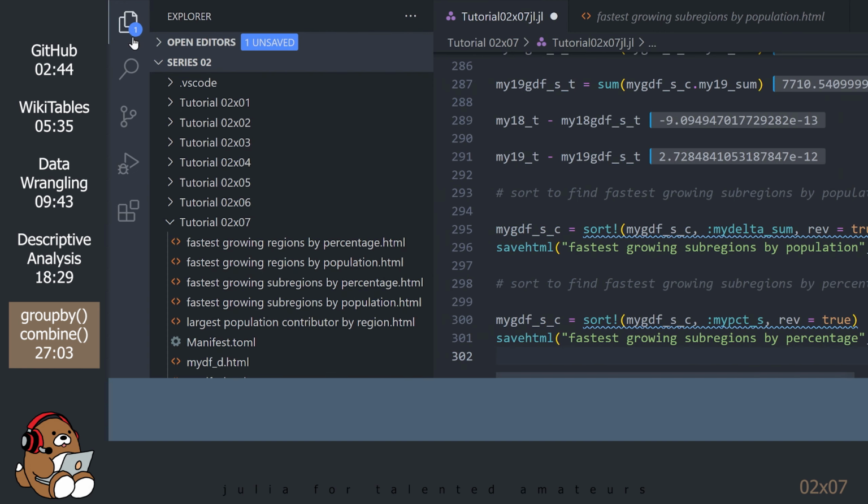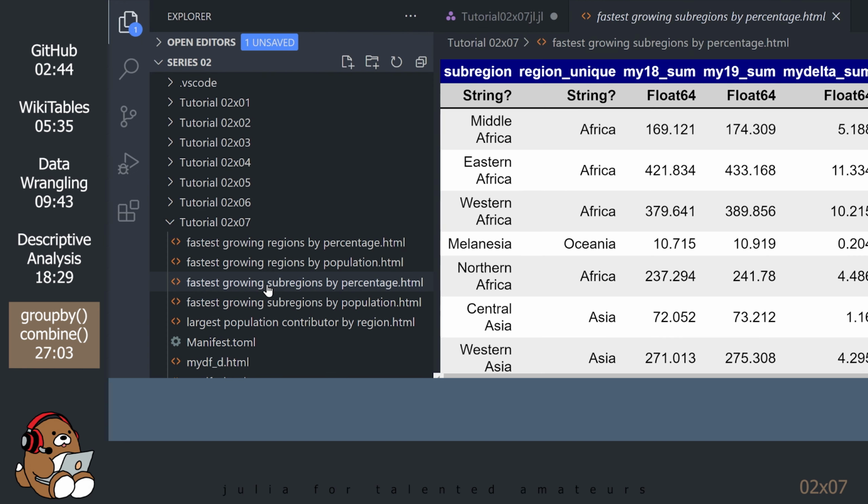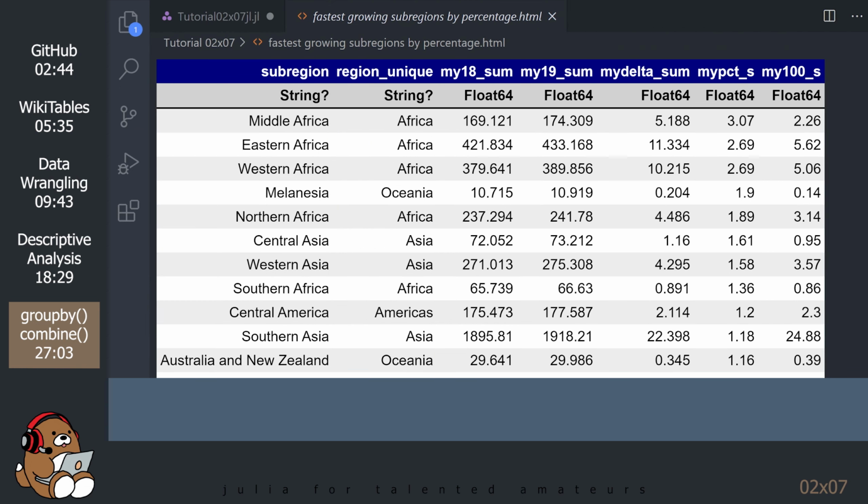Open the Explorer and click on your new file to view it. The fastest growing subregions by percent increase in 2019 were Middle Africa, Eastern Africa, and Western Africa, all with growth rates exceeding 2%.